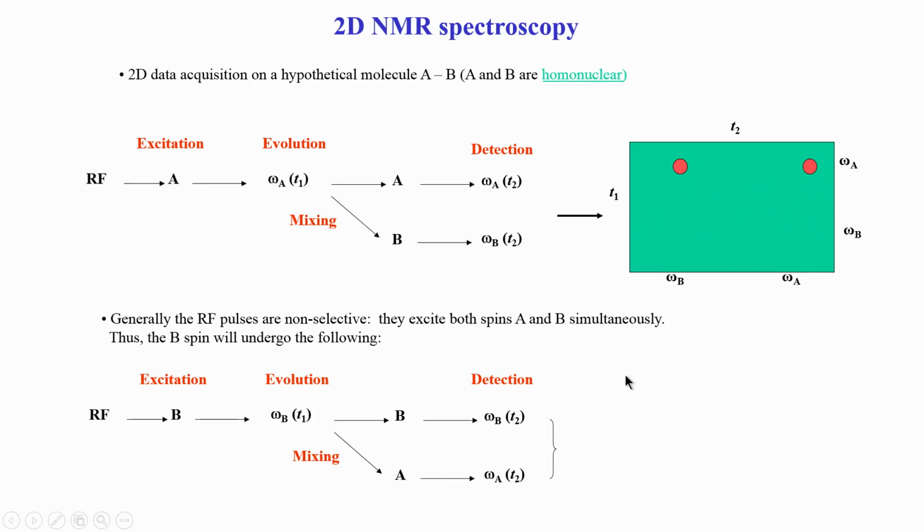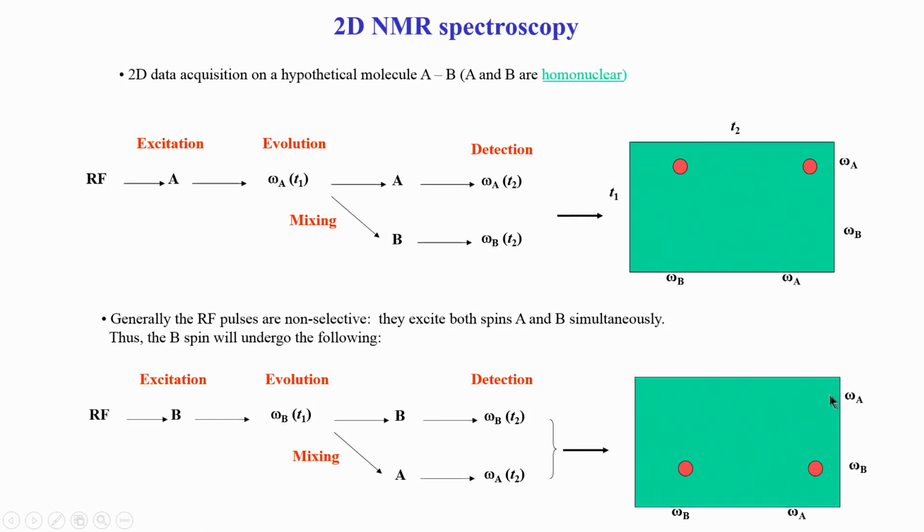So, this combination, now let us see how it comes in the spectrum. It will be similar to this, except it is now coming at the B frequency. So, you can see during T1 this frequency which is B and this is also B. So, this peak is similar to this here A to A, and this is B to B, this combination omega B T2 with omega B T1. So, therefore, this peak has no useful information, it is not telling me what it is connected or correlated to, whereas this peak, the second one here, tells me that omega B and omega A are connected.